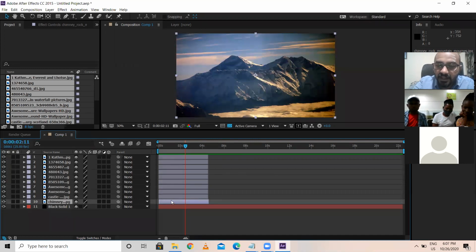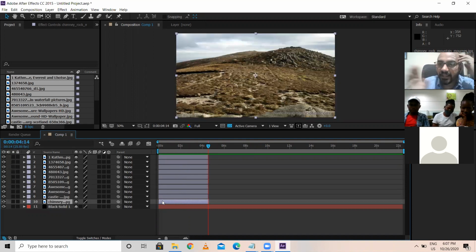After selecting the layer, press the shortcut key I, and automatically our timeline cursor, the time indicator, will go to the starting point of the layer. I stands for the indicator going to the starting point of the layer. Now the letter O key: if you press O, the indicator will move to the end point of the layer.